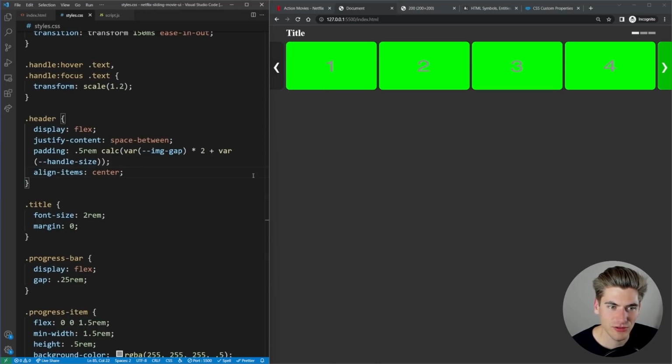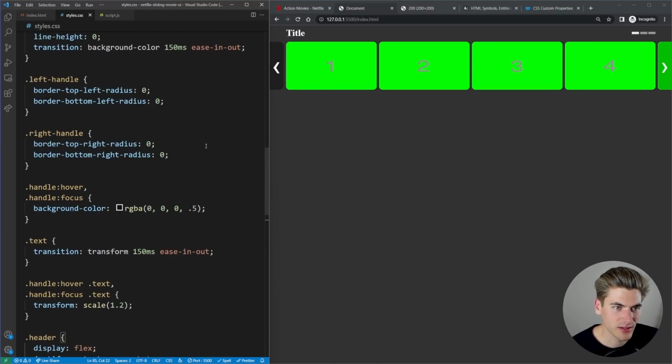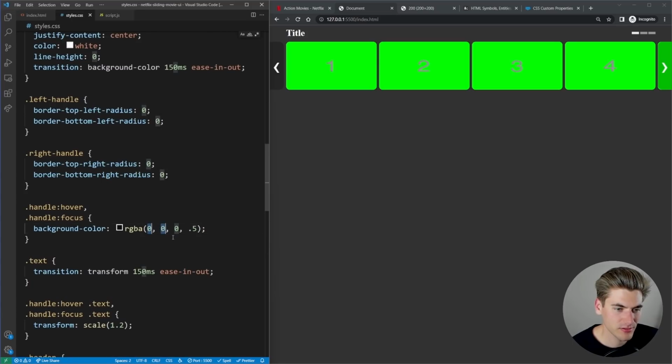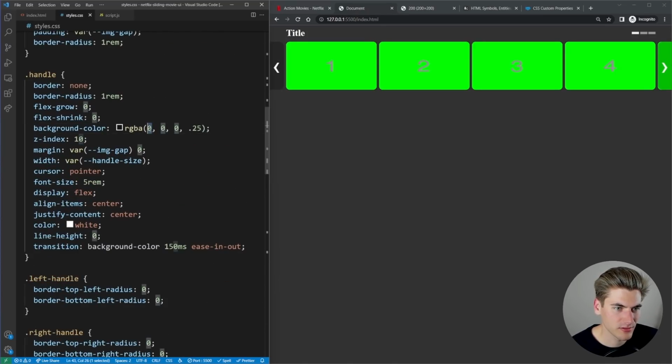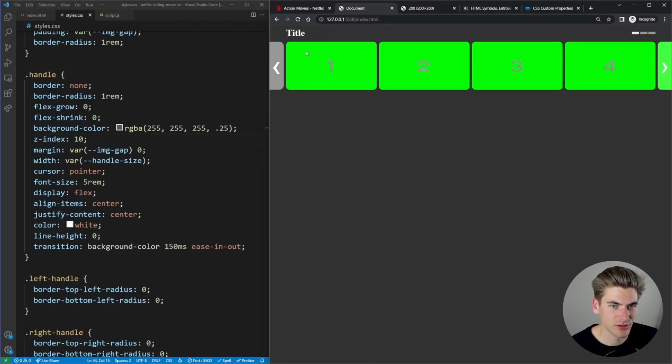There's not too terribly much left. We want to make this a white background instead of a black background because we changed our background color. And then we want to do it. Where's the other place? Here it is. There we go, because I think that works how Netflix's does, or close enough at least. It doesn't really matter if it's perfect, but it works. Okay, that's what we'll go with.